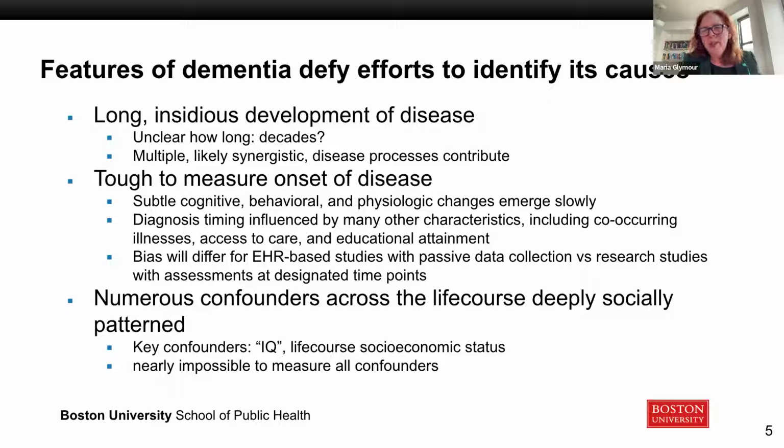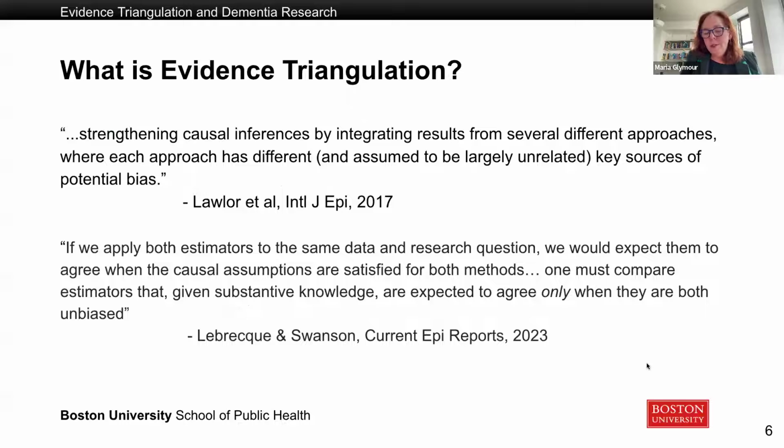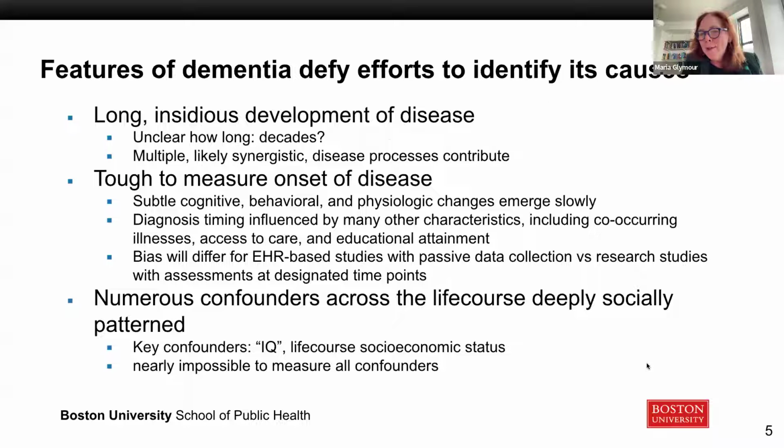And at some point, I took all the major risk factors that are prioritized in most of the literature for dementia, and I looked back, and basically every one of them is very strongly related to childhood IQ or childhood cognitive status and childhood socioeconomic status. So in studies of dementia, because the average age of onset is in your 70s or 80s, in most studies where there is a lot of dementia occurring, there's not good prospective data on these important confounders. Okay, so that's why, with dementia, we have some causal inference challenges in this health domain.